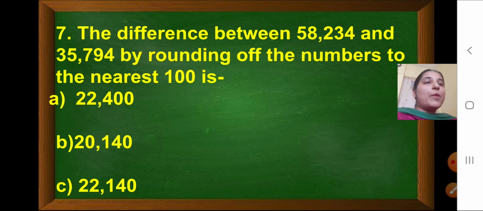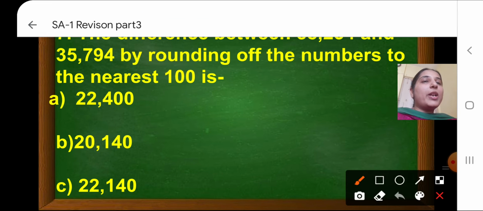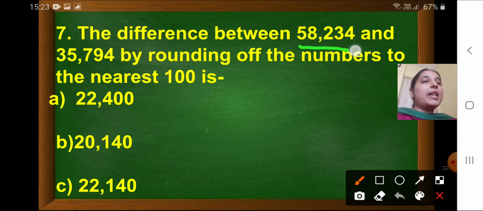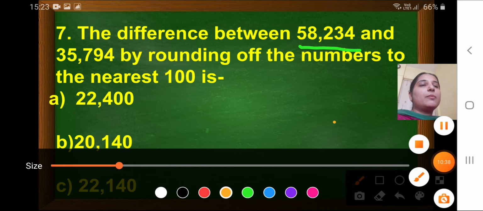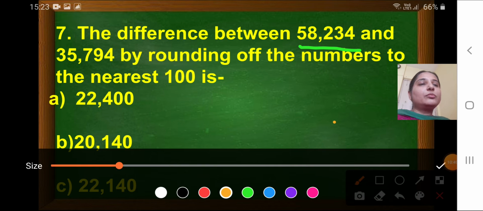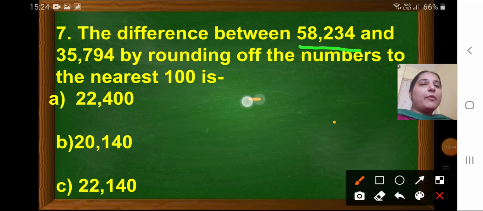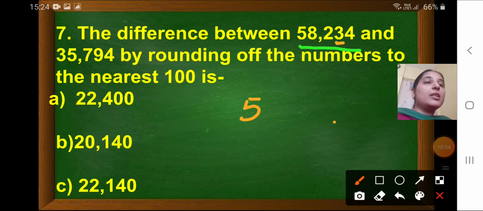So let's take the first number here, the minuend, which is 58,234. So let's write first what will be the round off of 58,234 to nearest 100. So look at the digit at the tens place, children, which is 3 here,